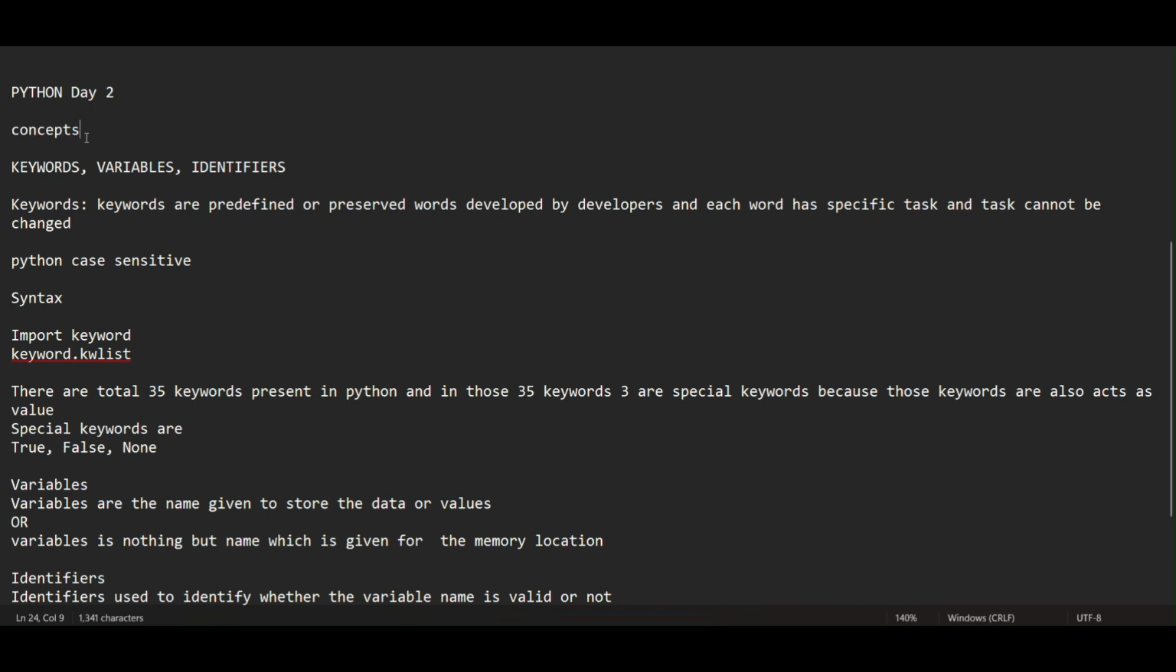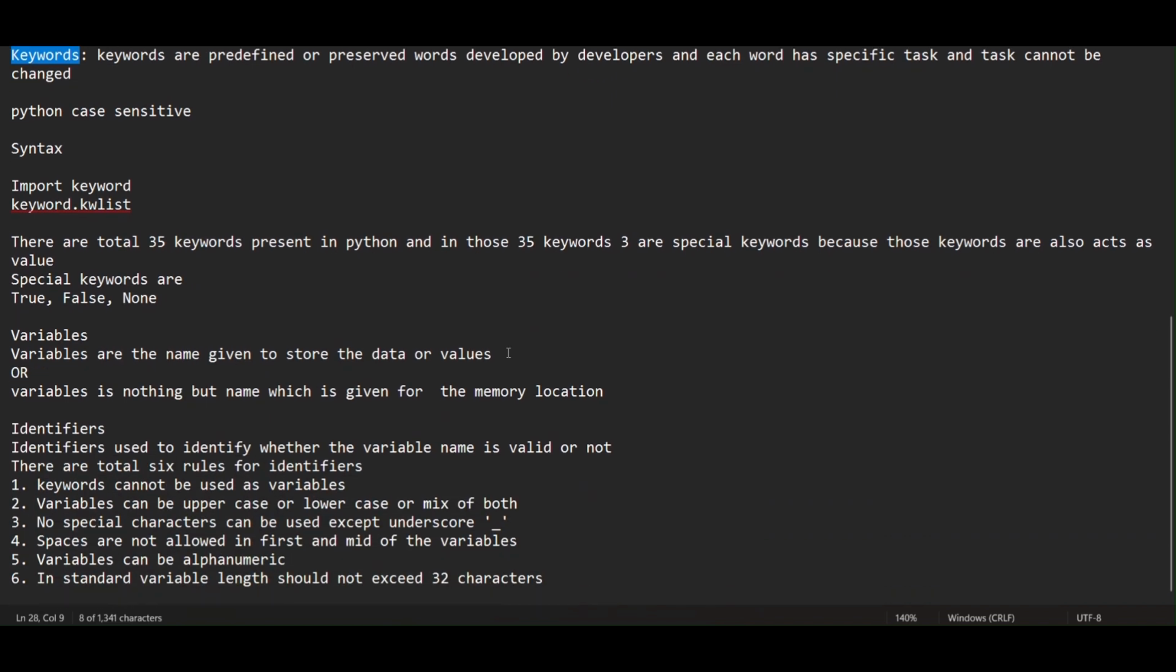Okay, so let's look over concepts. We're going to see keywords, variables, and identifiers. So, basically, what is keywords? Keywords are predefined or reserved words which are developed by the developers, and each word has its own specific task, and those tasks cannot be changed, and we have to use exact